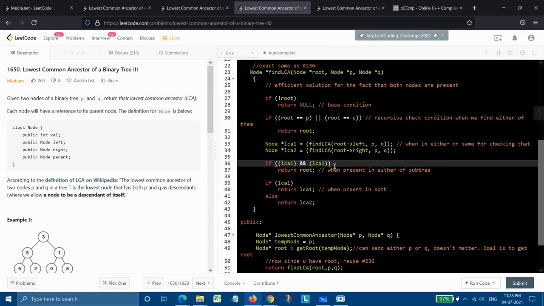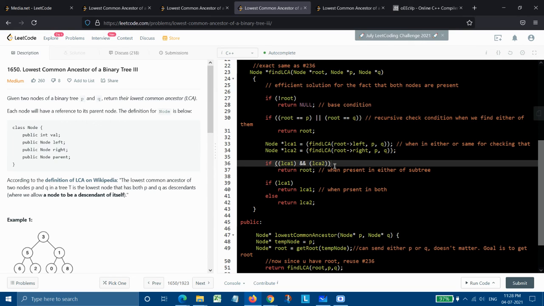When both of them are there, meaning one node is present in one of the subtrees and the other node is present in the other subtree, that's why when we AND them, at that moment we need to return the root of that particular tree.